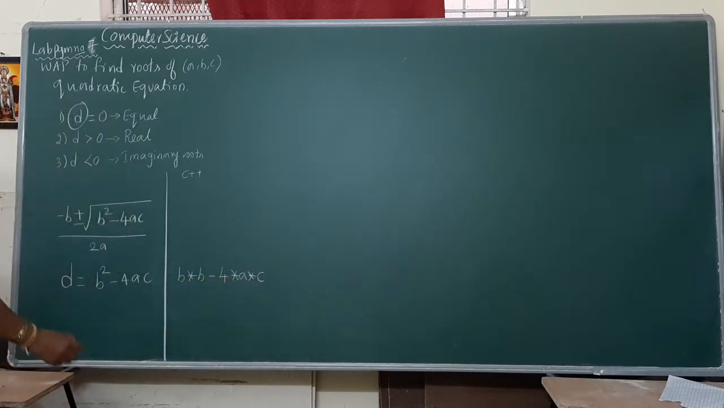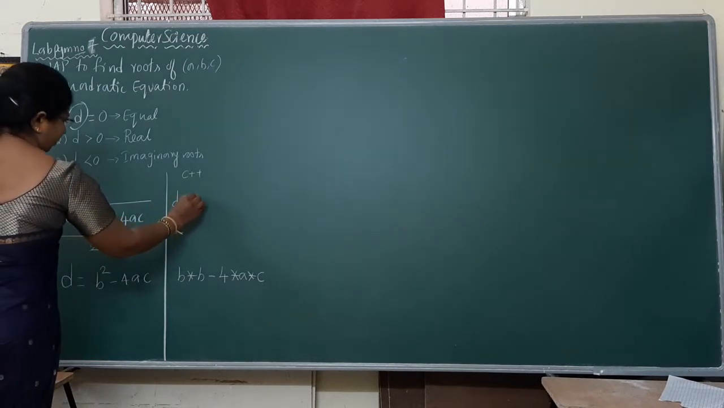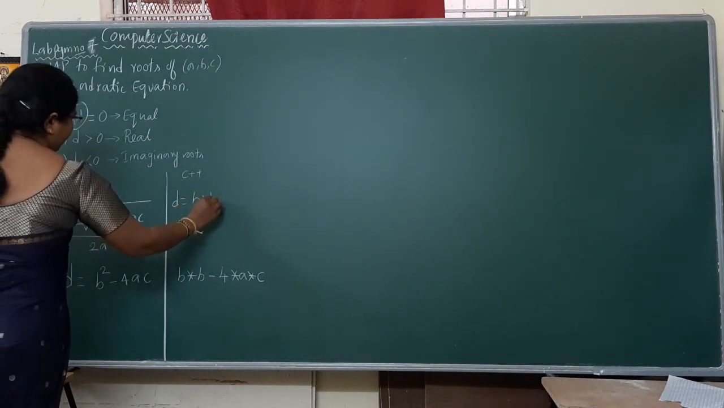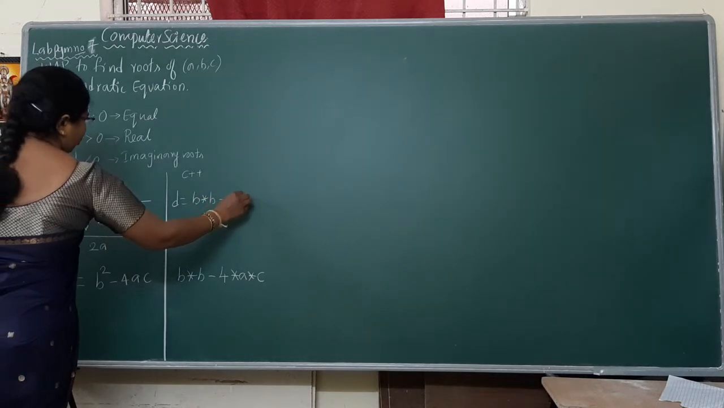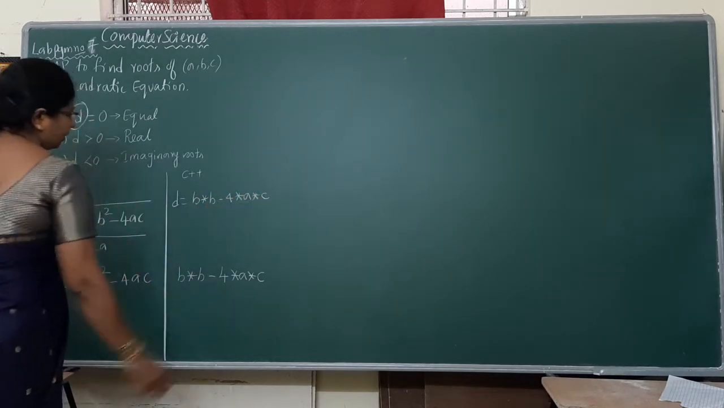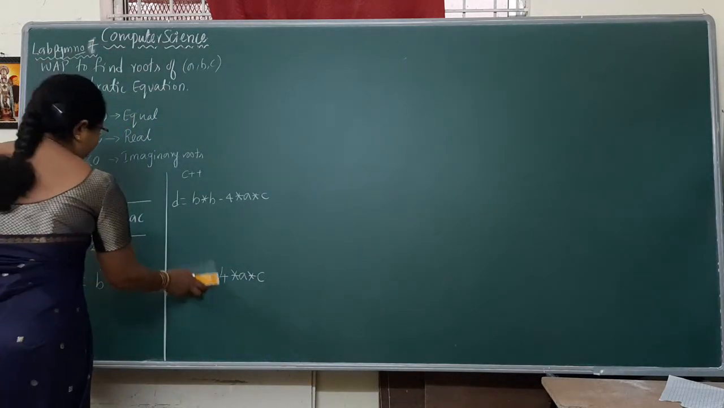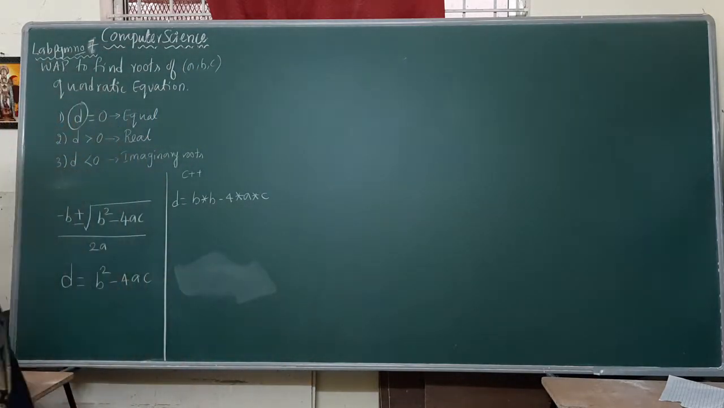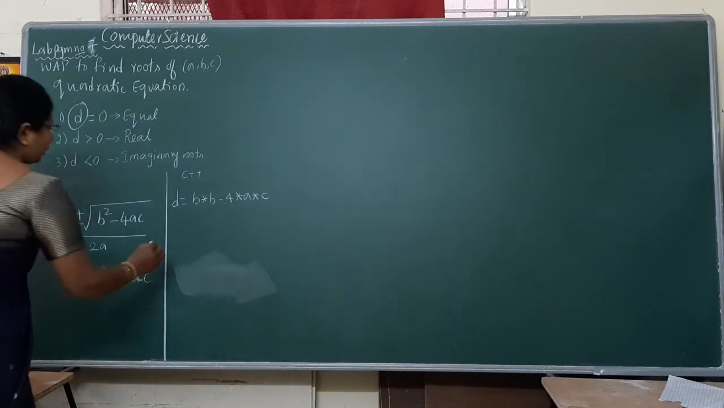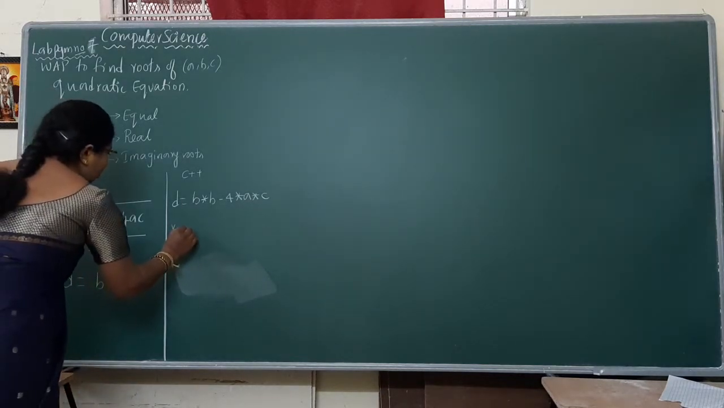Did you get it? What is D? D equal to B into B minus 4 into A into C. So how many roots do you need to find? 2 roots, R1 and R2. Why R1 and R2? Because once you need to find the plus root, and once you need to find the minus root. So R1, that is root 1, equal